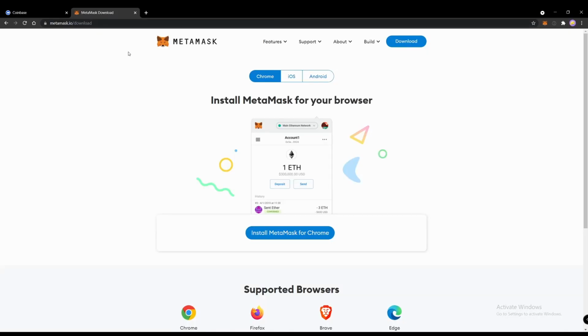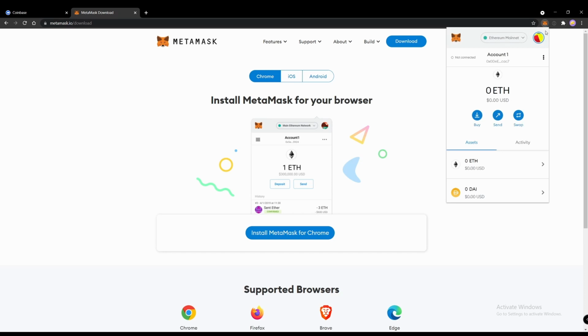The first step to buying BezosBucks is to go ahead and visit metamask.org. You're going to download this extension for your browser. And well, I'm using Chrome, so we'll install MetaMask Chrome. And go ahead and set that up, set up your wallet. Make sure to write down your passphrase. So make sure it's installed, and then we're going to head over to